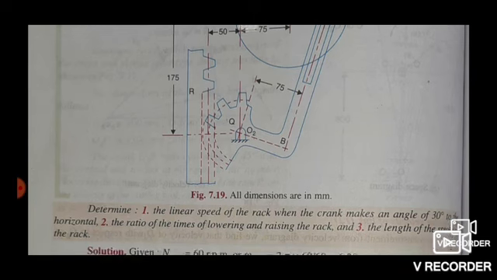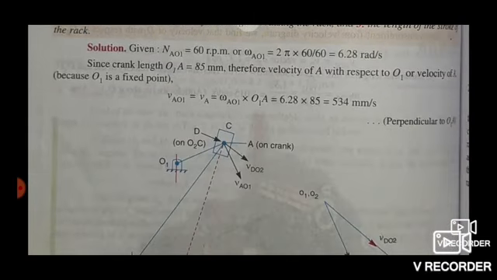So here the data are given: n AO1 equal to 60 rpm, or omega AO1 equal to 2 pi into 60 by 60, that is 6.28 radian per second. Since crank length O1A equal to 85 mm, therefore velocity of A with respect to O1, or velocity of A, because O1 is